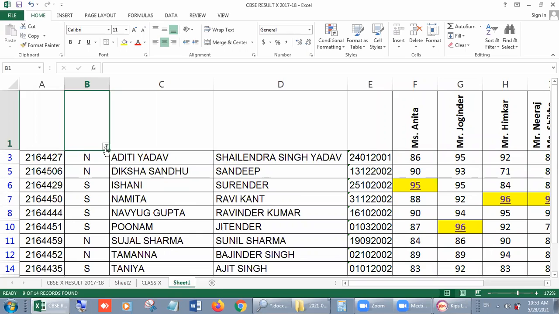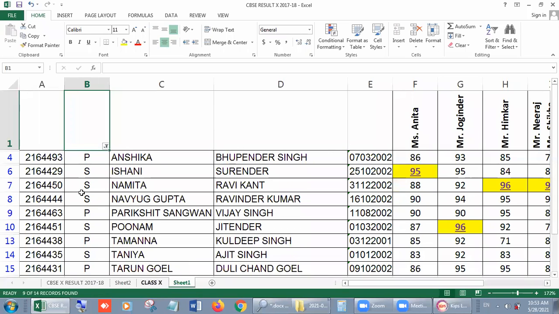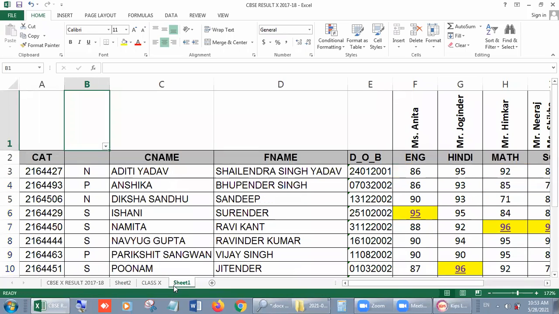Clear? Then again I am unselecting N and selecting P. Okay. Now again P and S will come. And if you want to apply all, select all again, then all the check marks will come in front of the data, then okay. Then the same data will display on your screen.